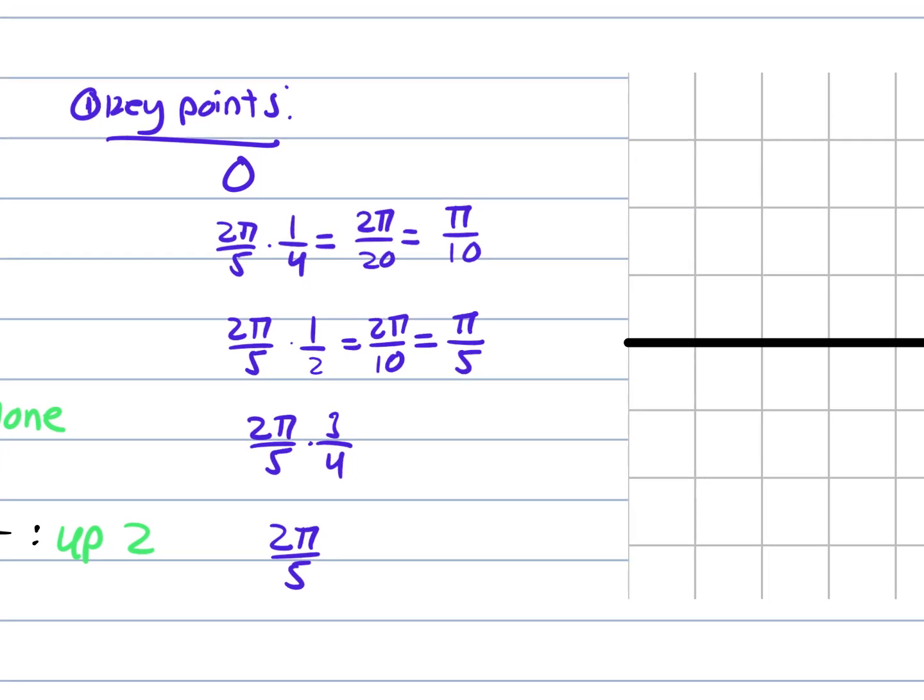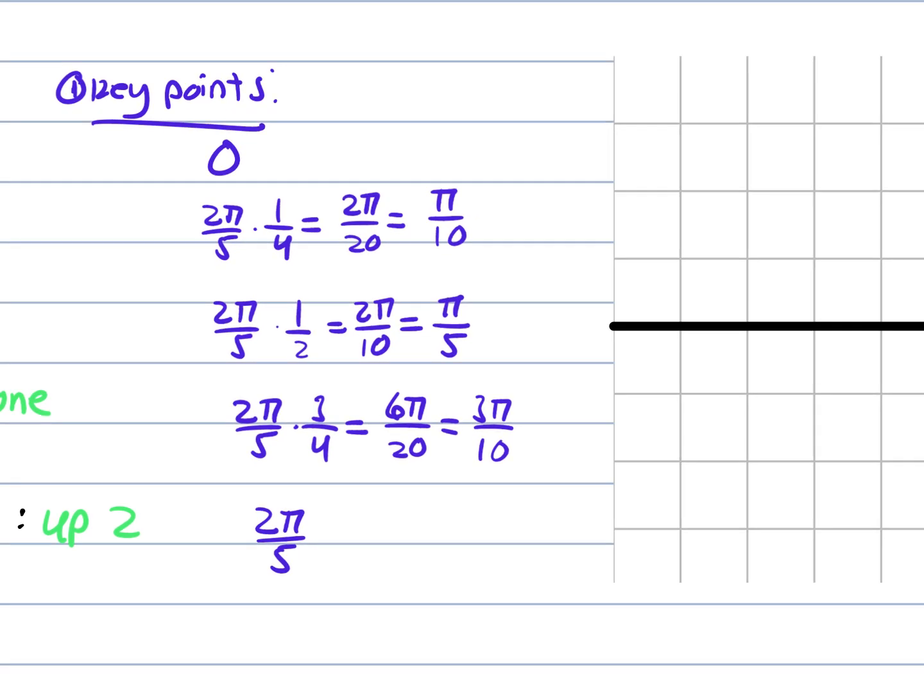All right, would get you the same answer, right? 2 pi times 3 is 6 pi. 5 times 4 is 20. 6 and 20 simplify to 3 over 10. So we get 3 pi over 10 for our 3/4 mark. And then 2 pi over 5 is just our last value, right? So we get these values here as our 5 key points that we're going to use to